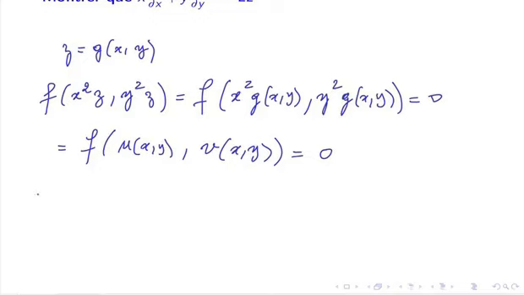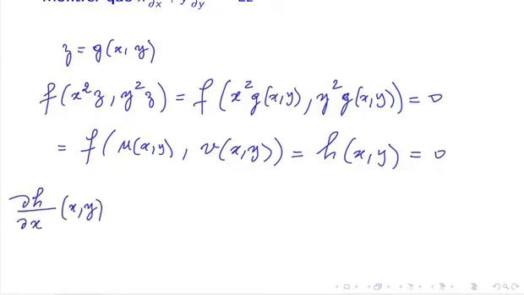Here we have the chain rule, which tells us the derivative. So we will call this function h of x equal to 0. So the partial derivative of h with respect to x at the point x is the derivative of this composite. So it's the derivative of phi with respect to u at the point